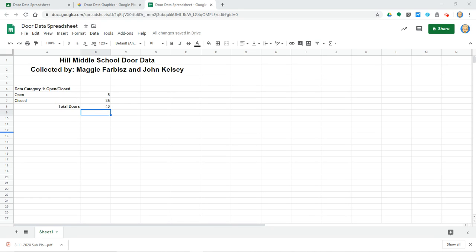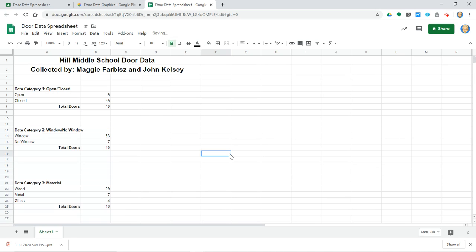Now, if I went through and I did all my other types of data here, I'm going to do a real quick sort of movie magic here and type in all my other different types of data. And I actually am going to go through and make my column headers here underlined as well. You can see I did my